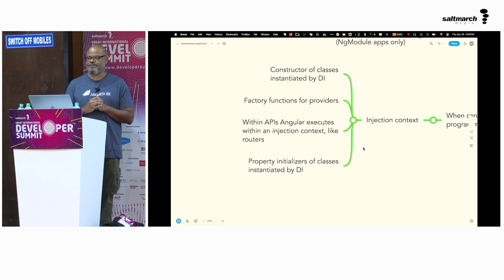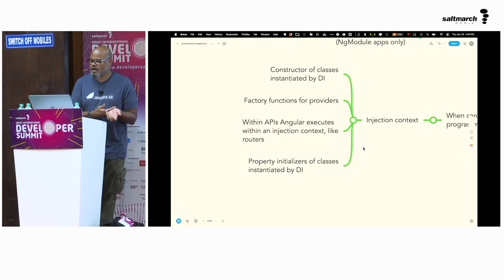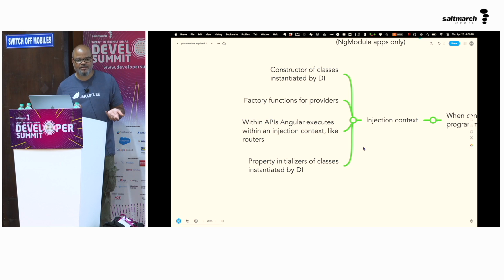And that only happens essentially when the dependency injection framework is doing something with your code, right? So if you are creating inside of a constructor, you can access the injection context. In a factory method that's being used as a provider, you can access it. And then in some Angular APIs, like routers, you can access it, etc. And basically, if you're accessing it, there's really only a couple things you can do.